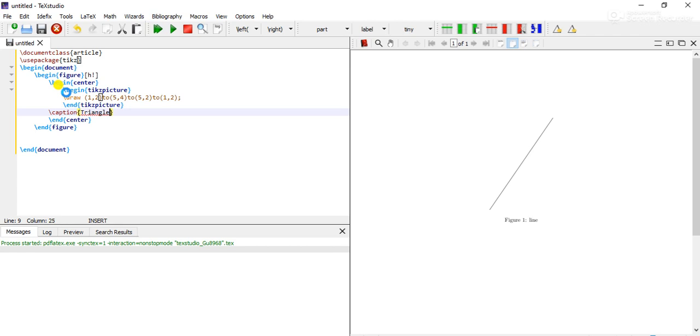Again, see here, we are beginning with the document, ending with the document, beginning with the figure, ending with the figure, and let it be in a center. We begin it, we'll have to end it with the center. Then we have the tikzpicture begin and end. Within that only we'll have to give the command, whatever geometrical shape we are going to draw. Let us wait for the compilation.